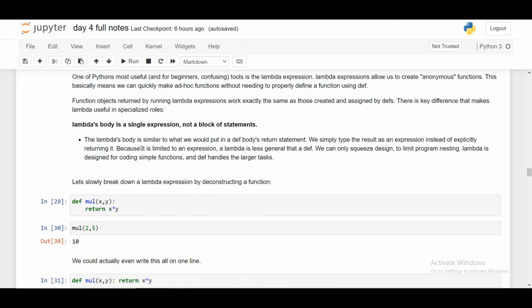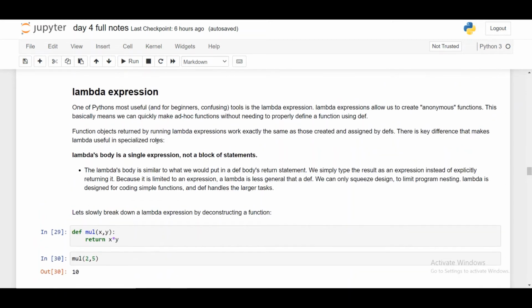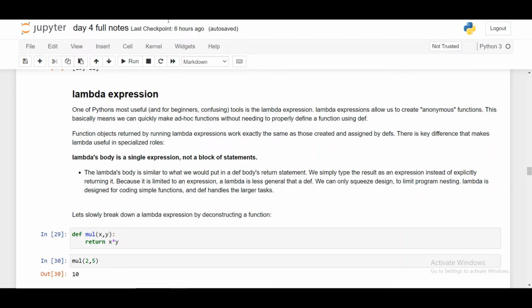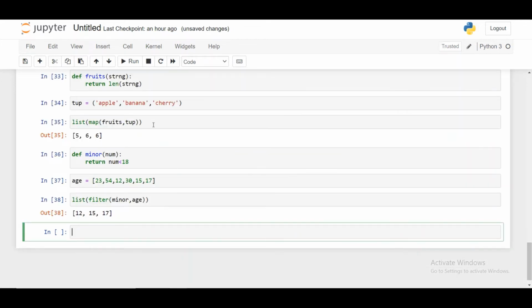The calling method will be the same for both functions and lambda expressions. Just the definition and argument passing will be a bit different, and the code lines will be very few in a lambda expression. I will just show you how we can deal with lambda expressions. First, I will define my